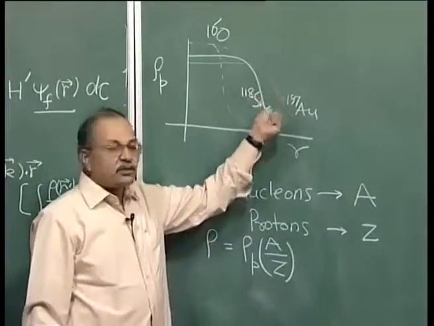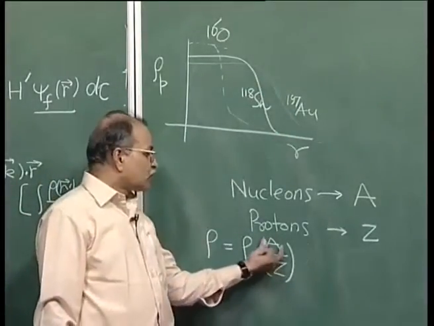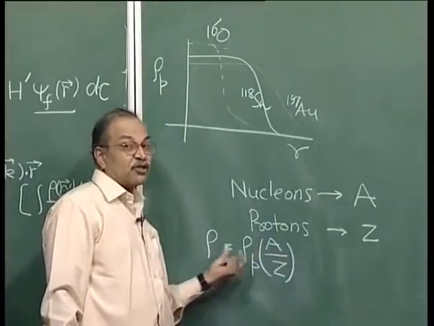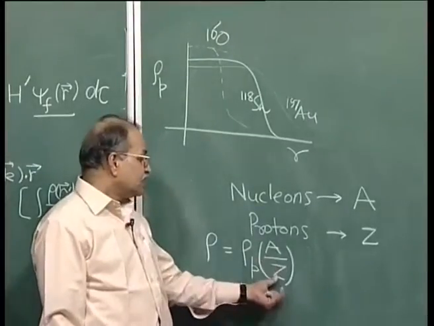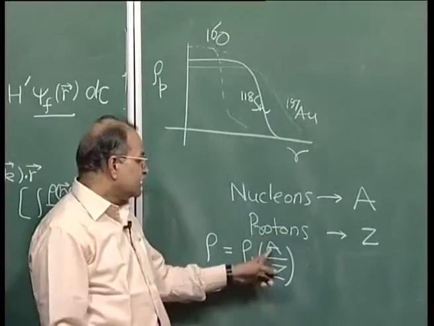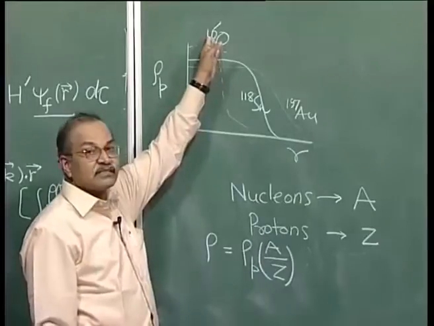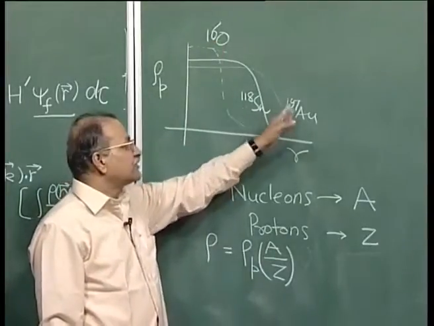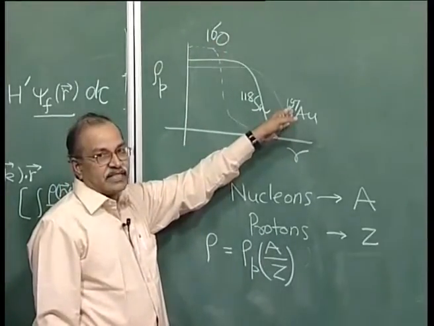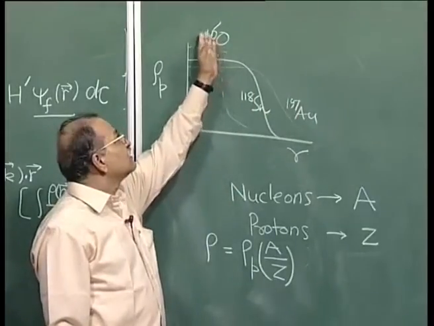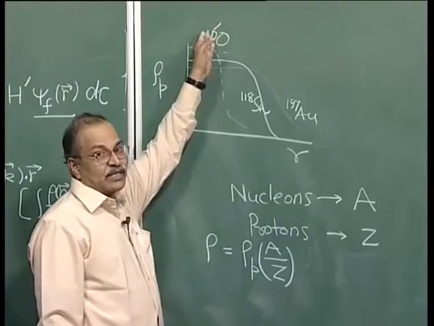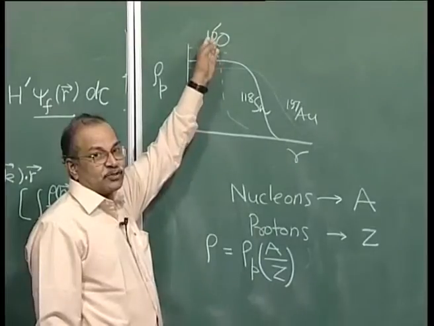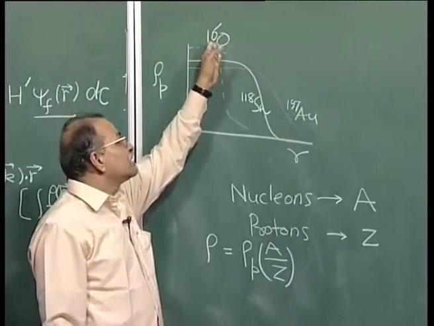Okay. So the total should be A, not Z, if you are talking of mass. So you multiply everything by this A by Z. Now, this A by Z number is different for oxygen, different for tin, and different for gold-197. For oxygen it is just 2: total A is 16 and the proton number is 8. So A by Z is 2, and you have to multiply it by 2, but here the